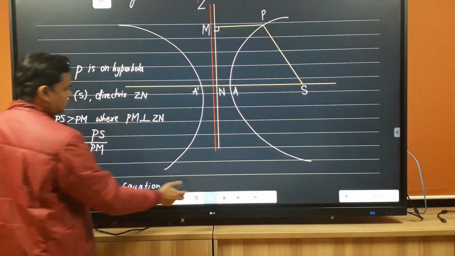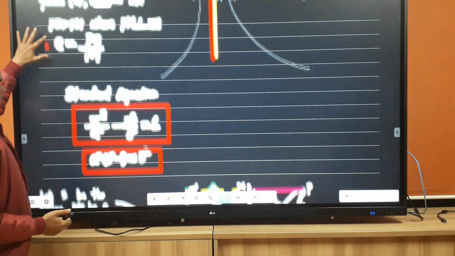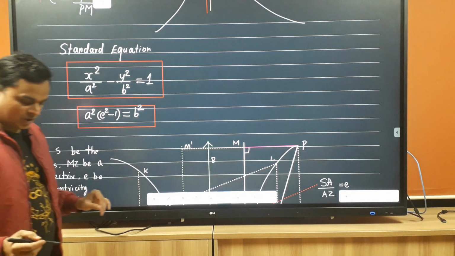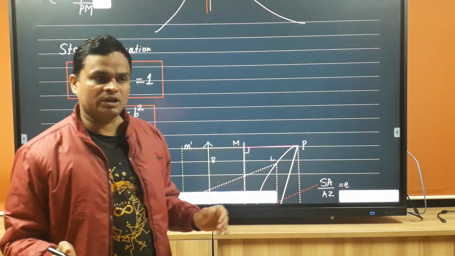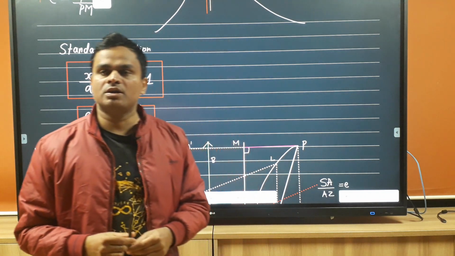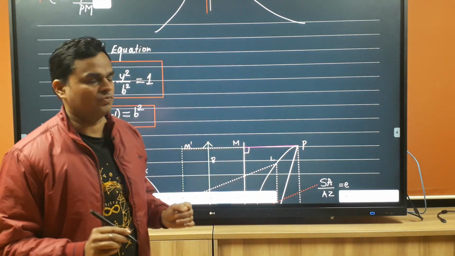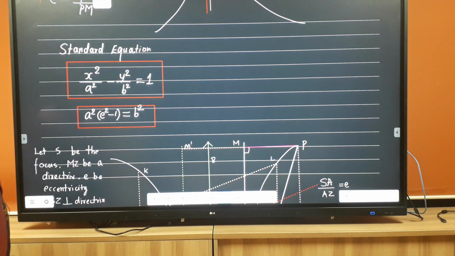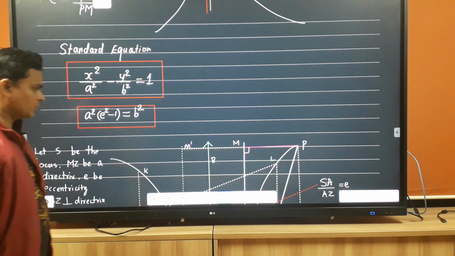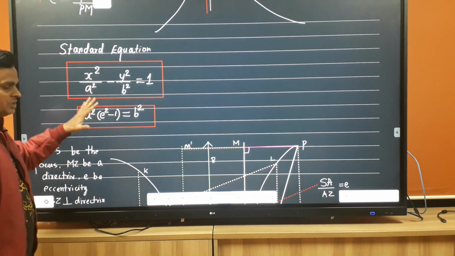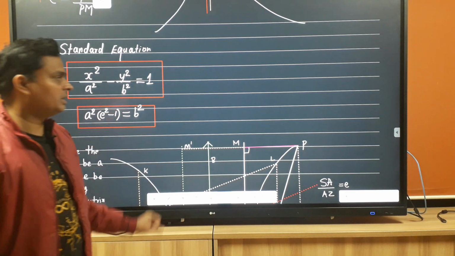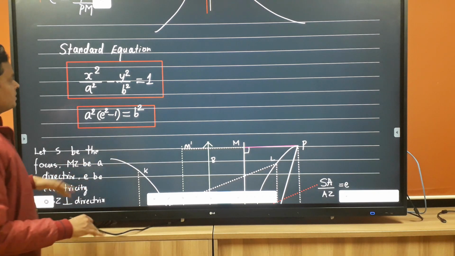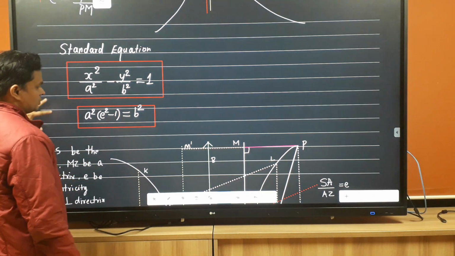Now let us see the standard equation. The standard equation of hyperbola is x square upon a square minus y square upon b square is equal to 1. In the case of ellipse it was x square upon a square plus y square upon b square is equal to 1, right? Now there is one more relation, and this is a square into e square minus 1 is equal to b square. Now how this equation comes, you can refer to the NCERT book, where it has been proved, because if I took this proof, then the whole lecture would be encompassed by that proof itself. So moving ahead,